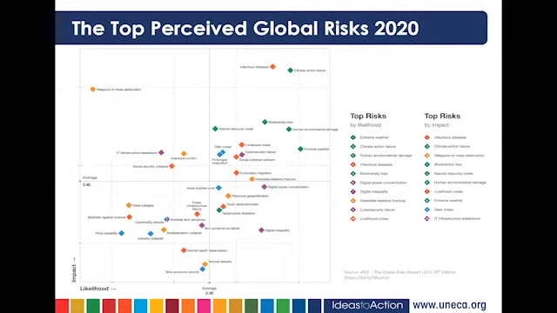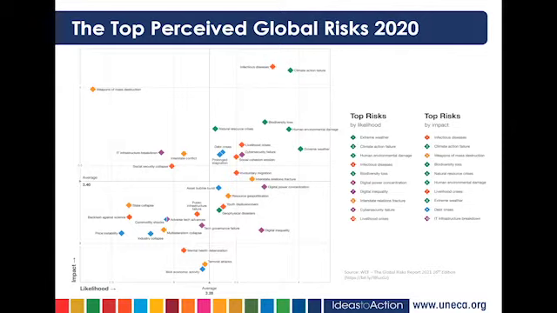So if you look at our area, looking at our continent, I've identified three key risks that you will agree with me that we have gone through and have experienced the impact of during the year. The first ones that have been identified are infectious disease, climate change and extreme weather. And if you look at the categorization, you will agree with me that infectious disease and climate change have come on top, whereas the risk of extreme weather has been categorized in different spaces.